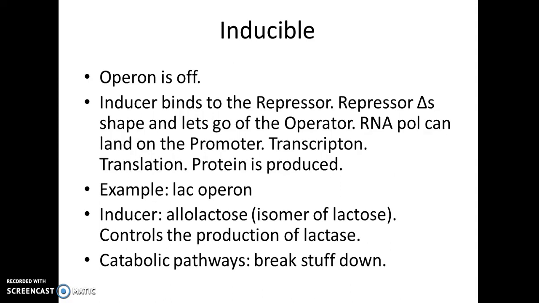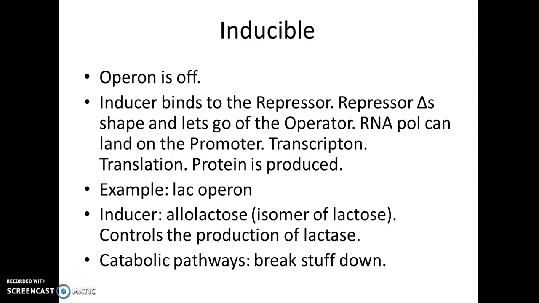So an example of this is a lac operon. But first we have to talk about an inducer. Now an inducer will bind to the repressor protein, and when the inducer binds to the repressor protein, the shape changes and the repressor can no longer bind to the operator. When that happens, it floats away and the RNA polymerase can now land on the promoter and you can